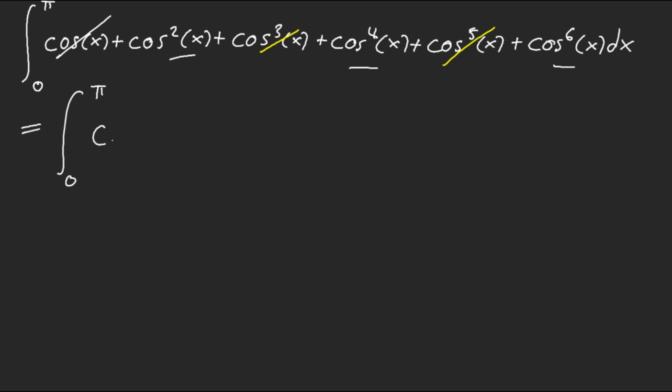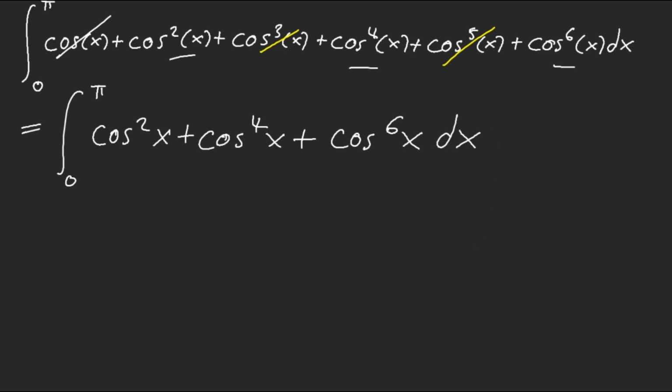So pretty much we're left with this now. Okay, cosine squared, cosine 4th, cosine 6th. Okay, so what do we do now? Do we expand it? Or you don't have to do periodicity here. Okay, you have other methods. Remember, you have other methods too, right? You could continue using periodicity, but my fastest route here